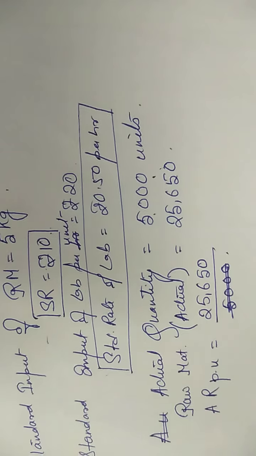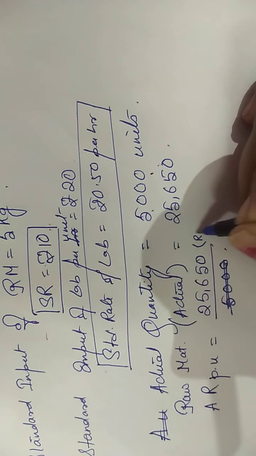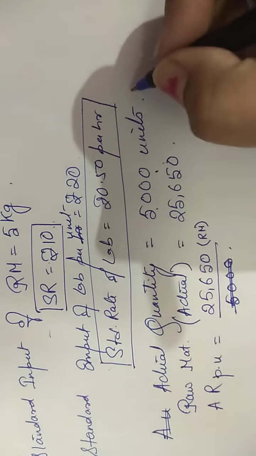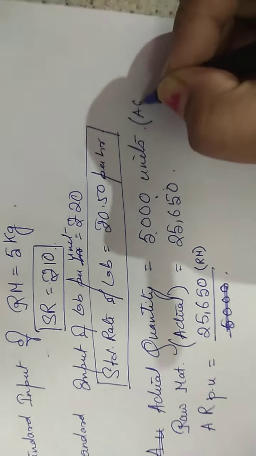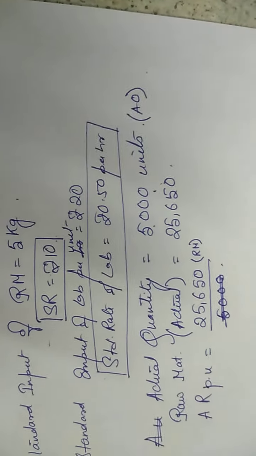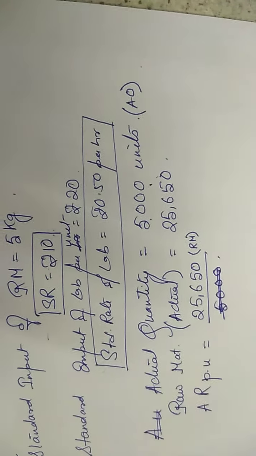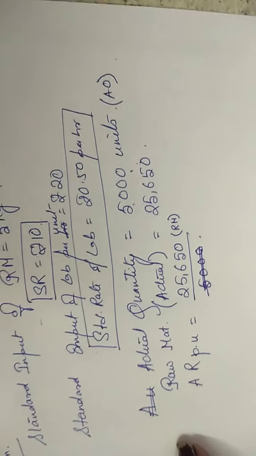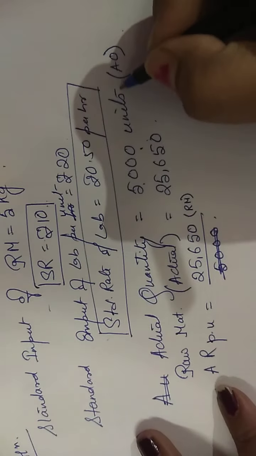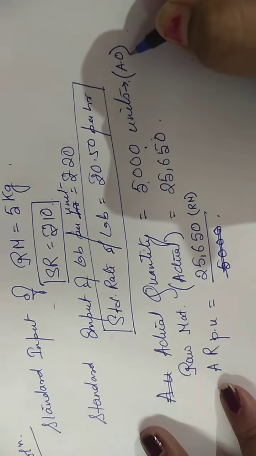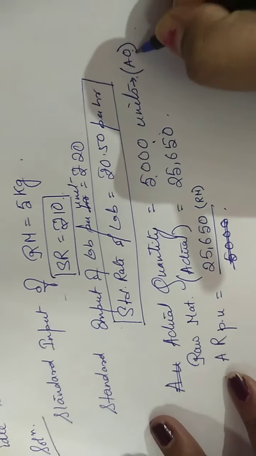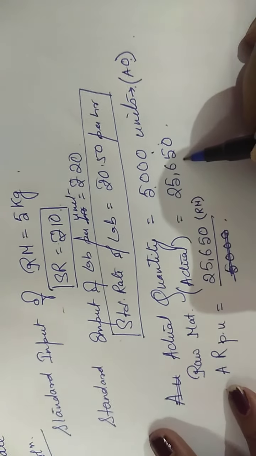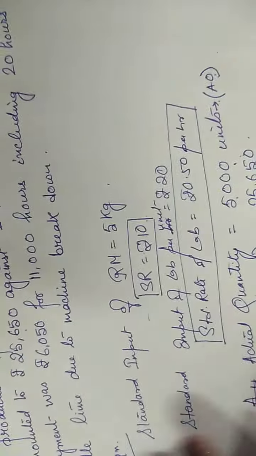I need the actual cost of raw material, and this is my actual quantity or actual output. Is it clear? 5,000 units is my actual output of finished products, for which I required raw material costing 25,650